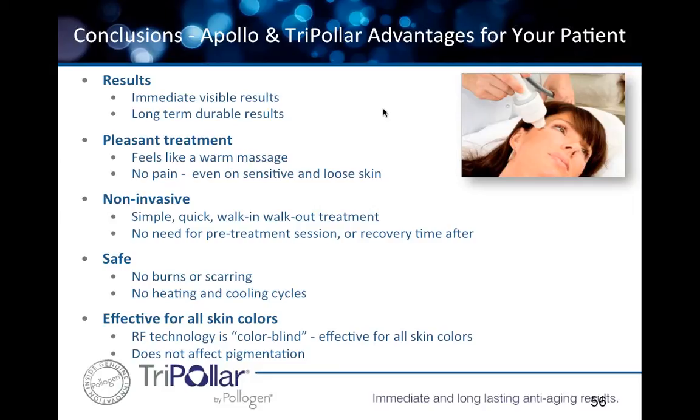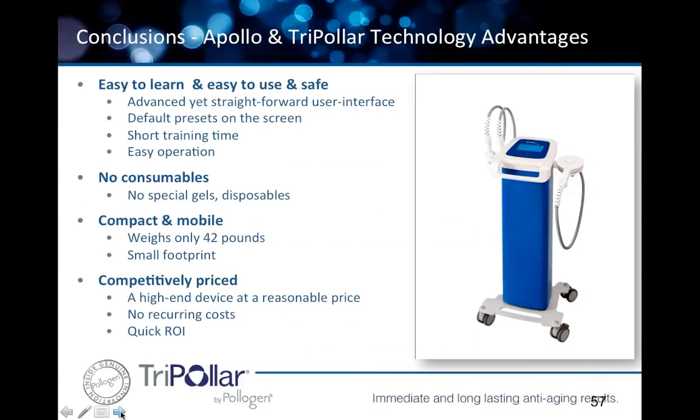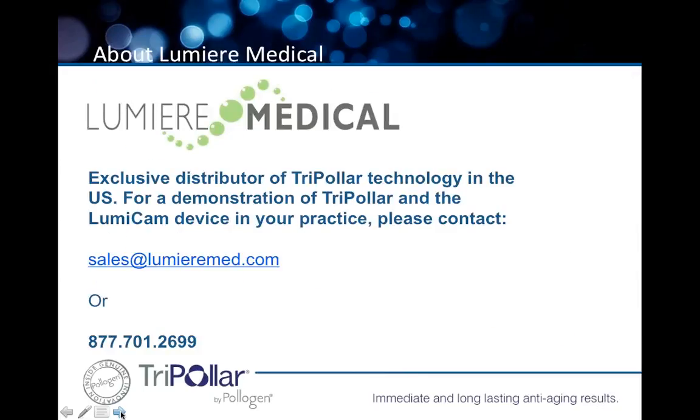Your physicians first, and I appreciate that and have been in the aesthetics business for quite a while now. But you're also business owners. As business people, you need to make a good business decision for your practice and for your patients. You need a system that is easy for your technicians to learn, that you can delegate if your state allows it, that doesn't have high consumable costs, and that has a competitive ROI. This is the criteria we used when we got past the clinical efficacy and the science behind it and looked at the marketability of a product: does this make sense for a physician to add to his office? These are the things we really have to look at. And I think if RF is something that's intriguing